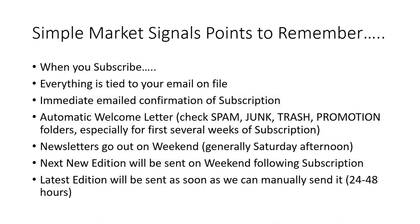And whether you see that welcome letter or not, I would encourage you to double check your spam, junk, trash, and promotion folders, especially for the first several weeks of subscription, because once in a while, our emails get automatically routed into one of those different folders depending on your email service provider, whether it's Gmail, Yahoo, whatever it may be. And I would encourage you to get in the habit of every week or two, just go out real quick and double check these different folders, the spam, junk, trash, and promotion folders,